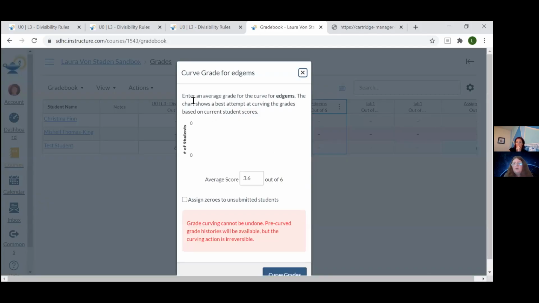So there's no graph here because nobody submitted. Notice the big red box. Curving grades cannot be undone. Pre-curved grade histories will be available, but the curving action is irreversible, which means that you would have to go,